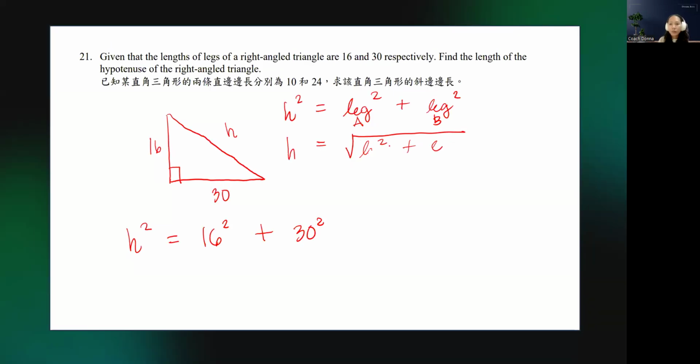So if we have 16 squared, that is just 16 times 16, which is 256. Now 30 times 30: 3 times 3 is 9, then copy the 2 zeros, so that's 900. So h squared is 256 plus 900, and you'd get an answer of 1156. So that's the hypotenuse squared. So for questions like this,